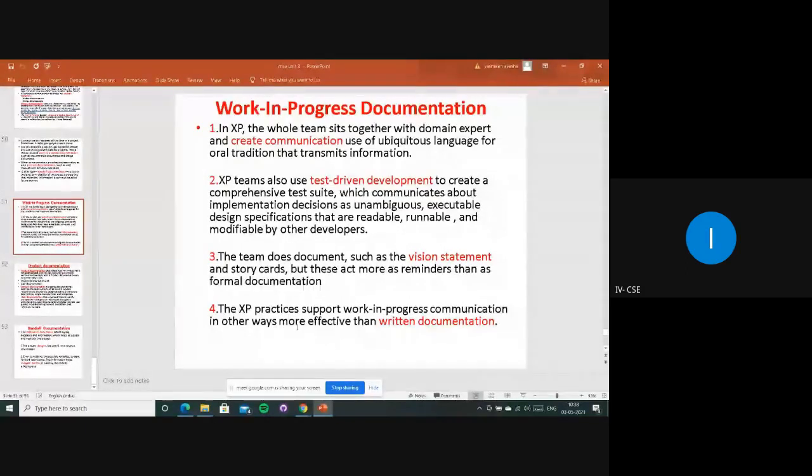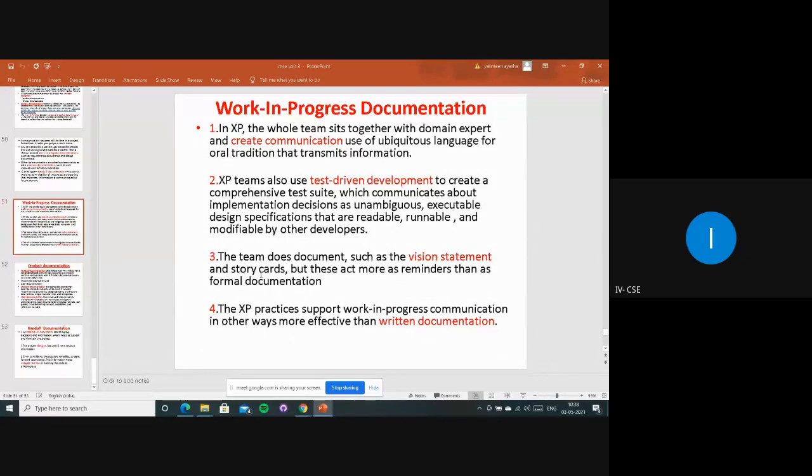That's why XP practices support work-in-progress communication in ways more effective than written documents, like sitting together, discussing, involving everyone, taking ideas, collecting chart information. They do all these things so they can improve the quality of the product and release it in time, so that the customer is happy, and the organization too.